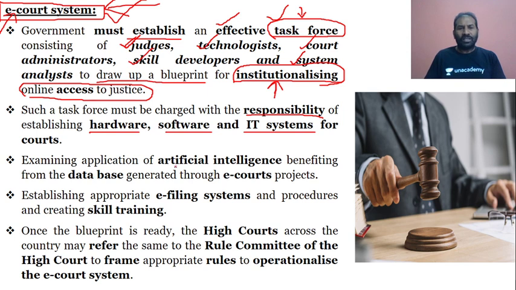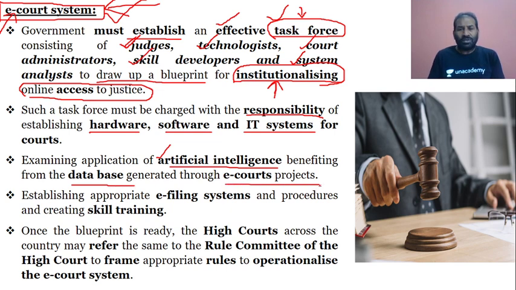And along with this, there has to be artificial intelligence also. When we are talking about the ecosystem, definitely there has to be hardware, software, and an IT system along with that. Added to that, we should also have an application of artificial intelligence. So this is very important, artificial intelligence, because it will benefit the database which is generated by the e-courts